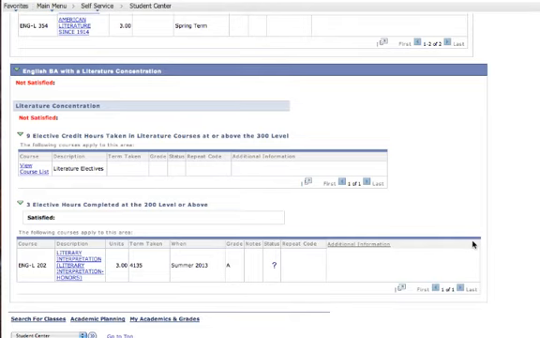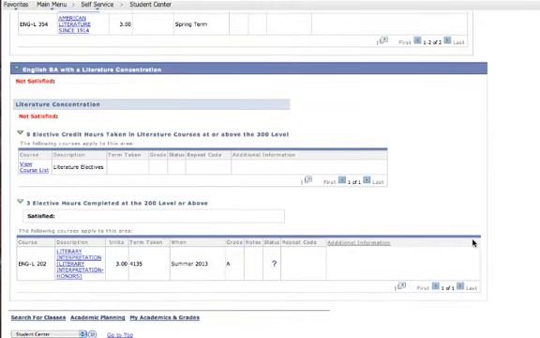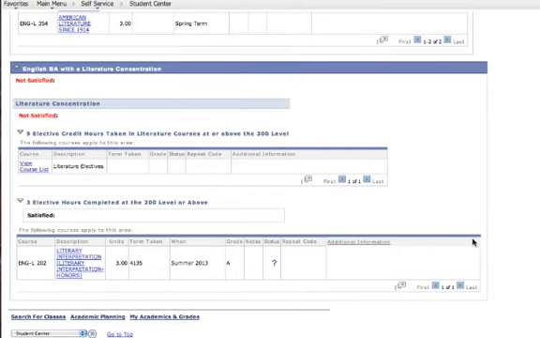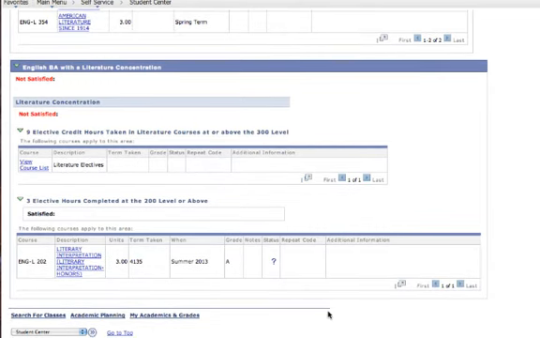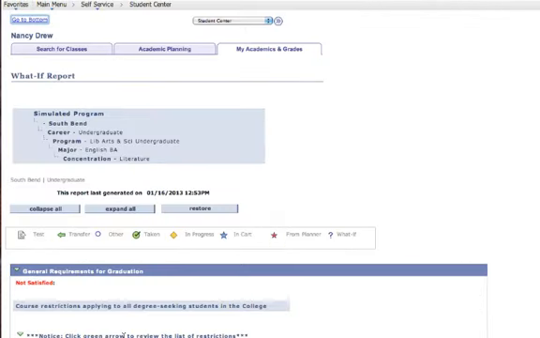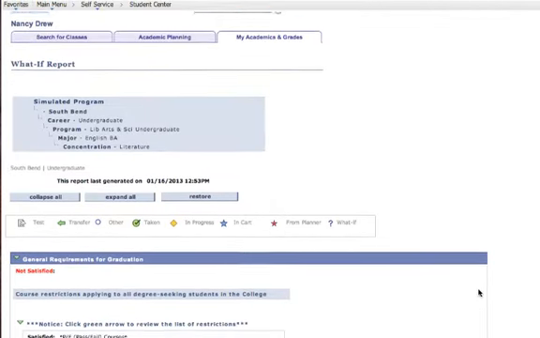Moreover, by simulating the grades, we can actually see how our GPA would be affected by our potential performance in these courses. For every school, the GPA is located in a different place. Usually it's located in a section called Graduation Requirements. Our graduation requirements are listed at the top, so we can actually get there by clicking the Go to Top button on the bottom. This takes us all the way back up, and we can really easily scroll to see